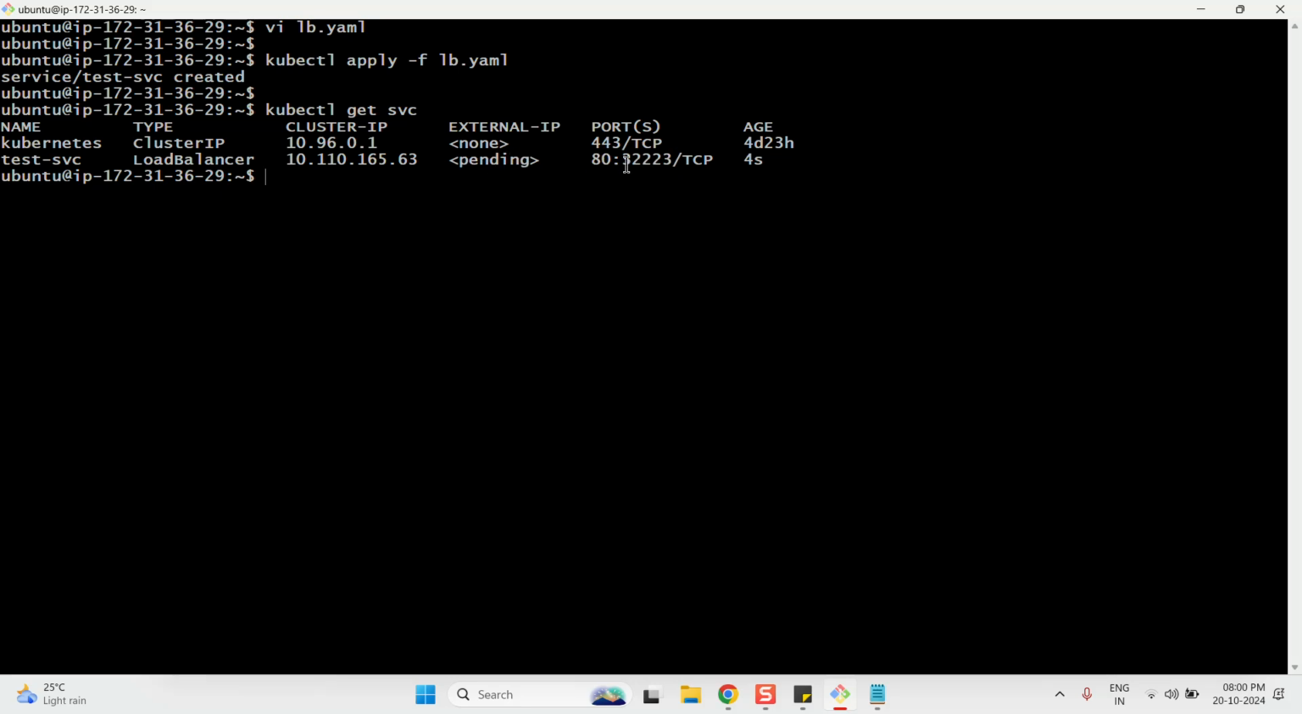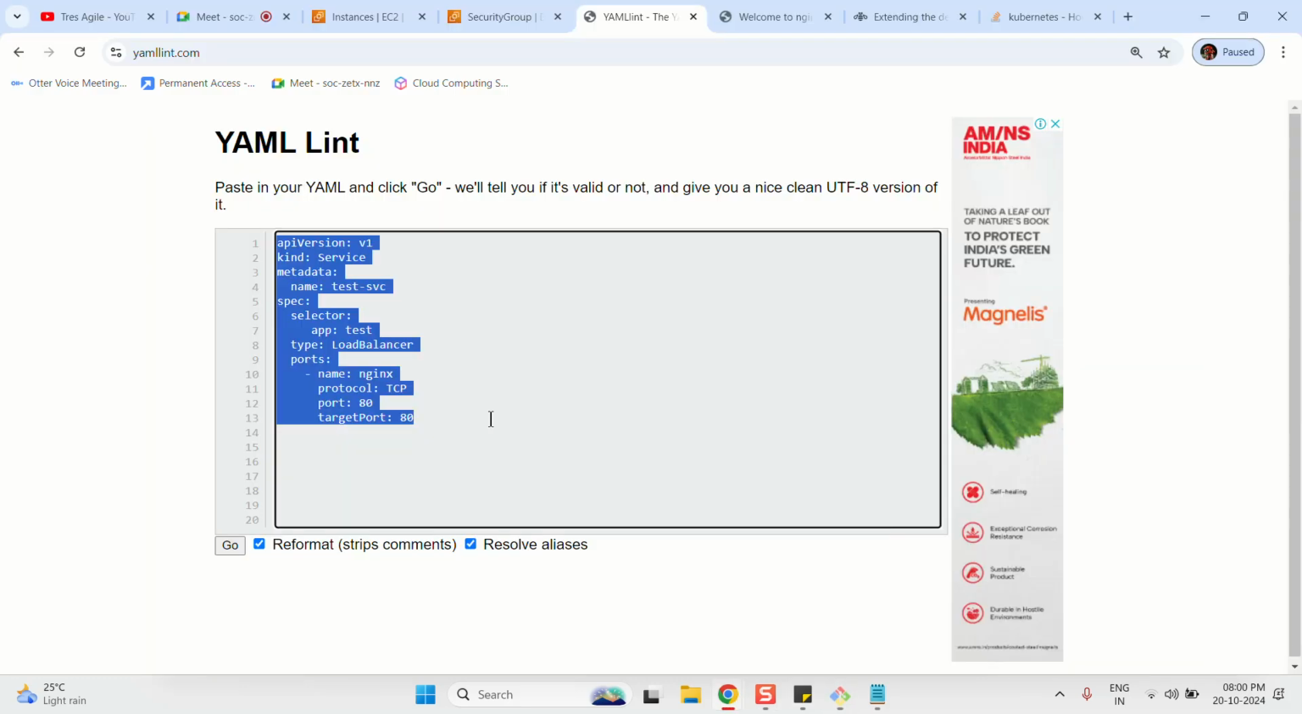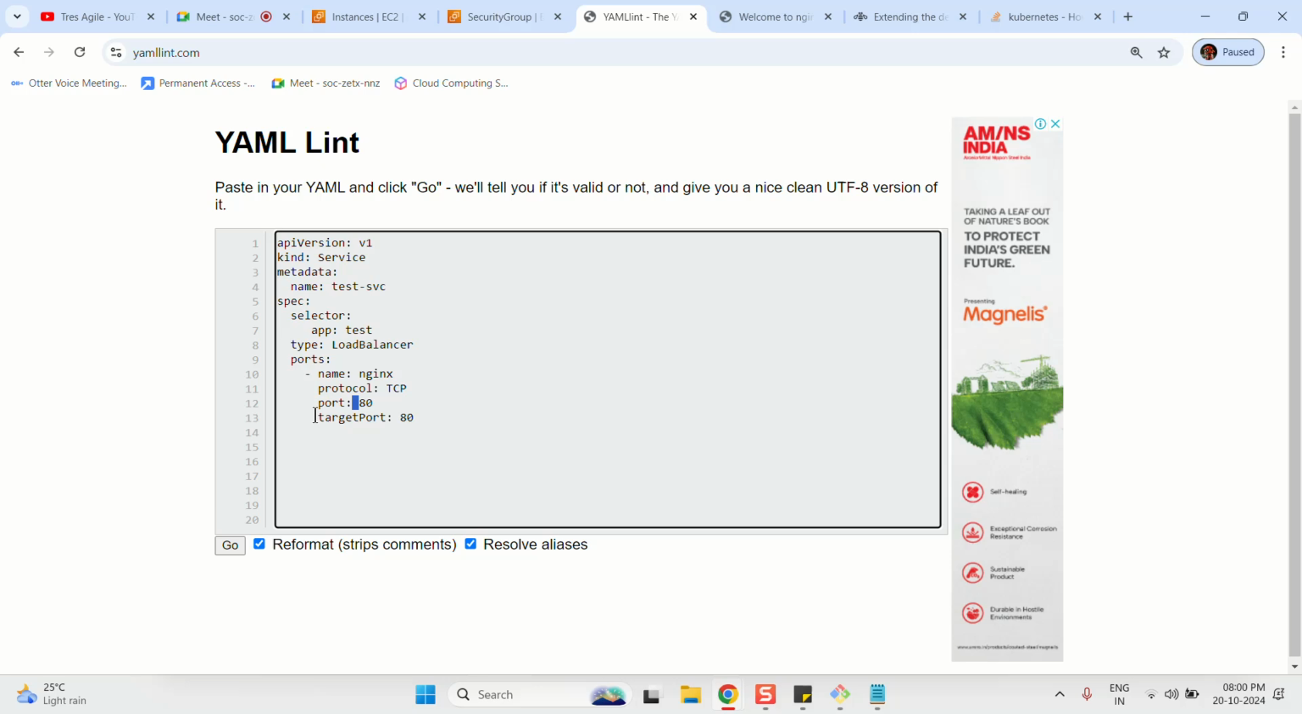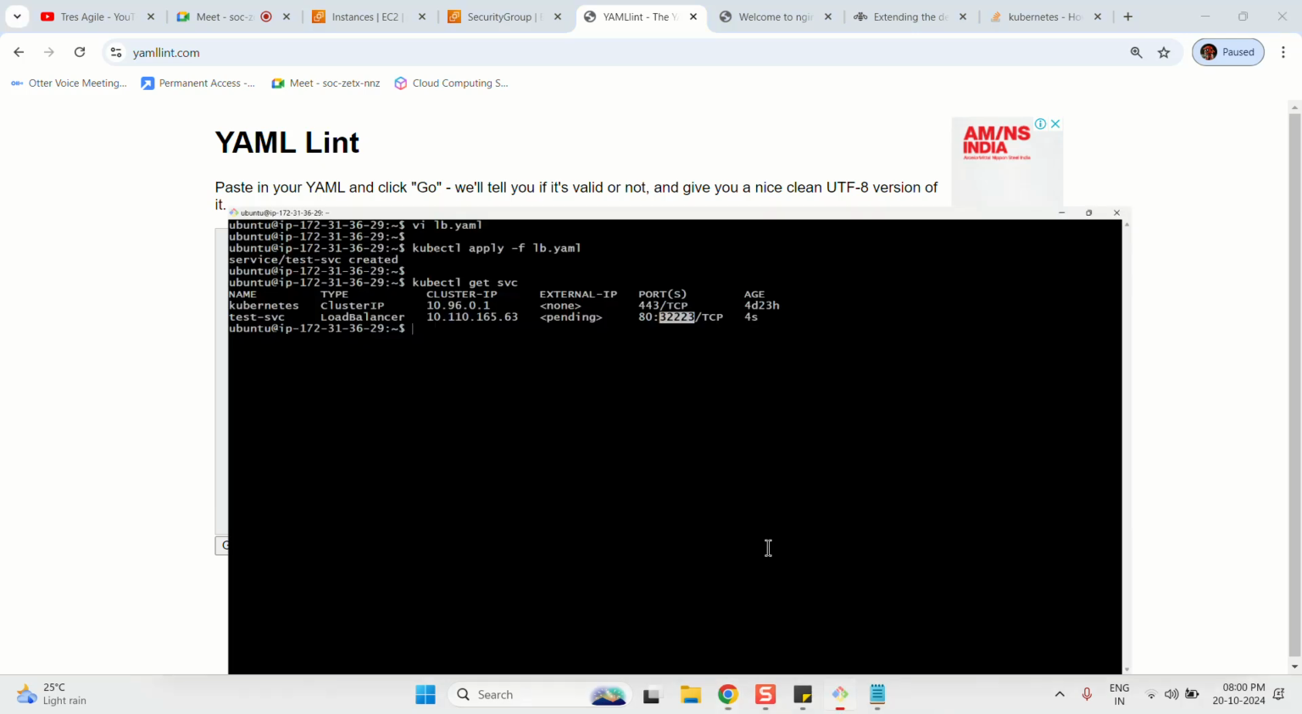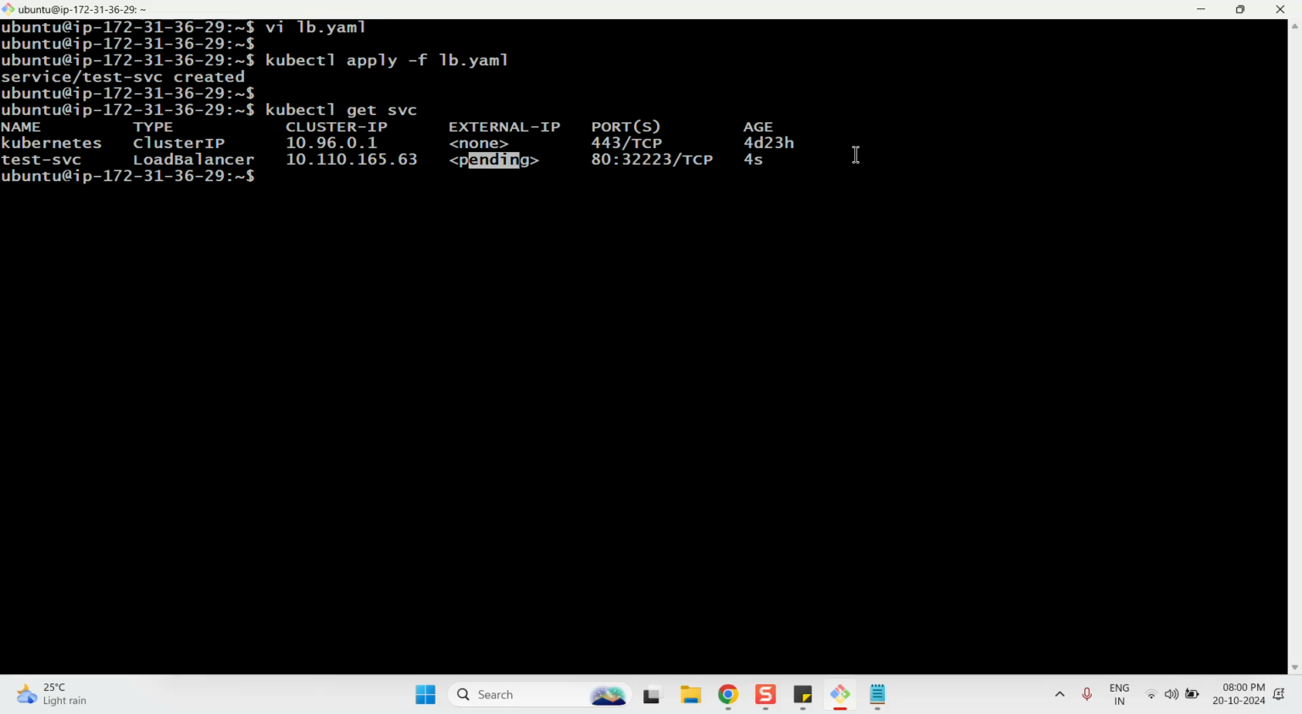So what happens usually when we create LoadBalancer services: the target port, whatever we gave here. This is the service port. This is the target port. So it will automatically assign a port number to route the traffic from the load balancer to the pod, the application. And let's describe it, svc slash